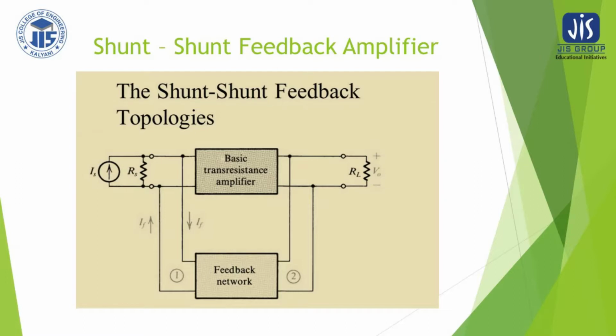So here Rm stands for the transconductance gain. This transconductance gain is without any feedback network, and we are getting V0 by Is, that is the overall gain due to feedback. That is, this is A, the transconductance gain without feedback, which has been reduced by the factor 1 plus Rm beta. So therefore, this is again the desensitivity factor for this amplifier.